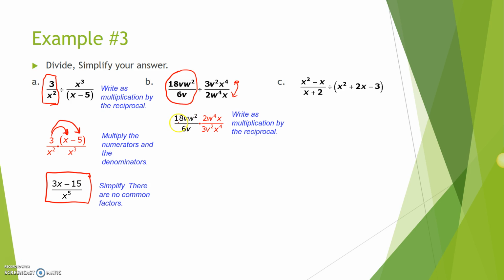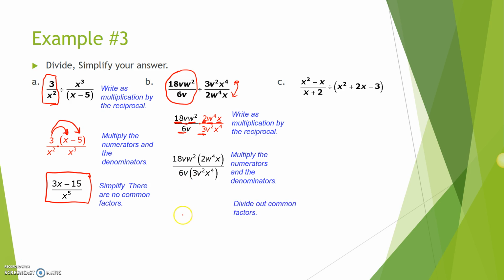And then we're going to multiply this out. So you can multiply 18 times 2, multiplying the w's, w squared and w to the fourth, and your x and your v. And then for the denominator here, you would multiply 6 times 3, v to the first times v to the second, and then you have your x to the fourth. So here we have it. And when we simplify this down and divide it out with our common factors,